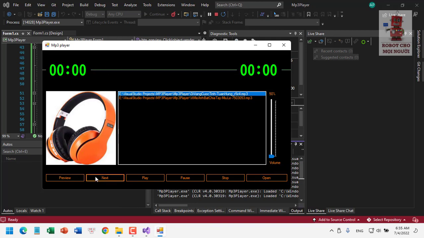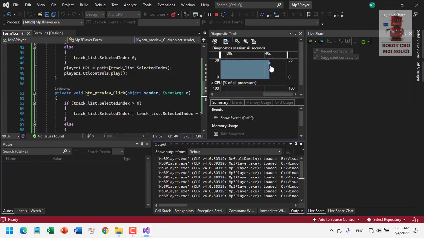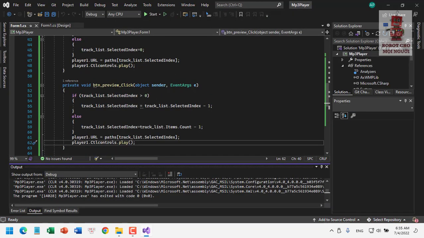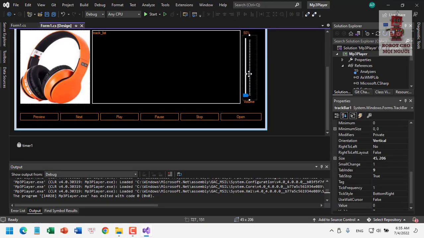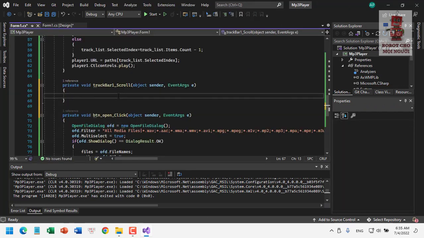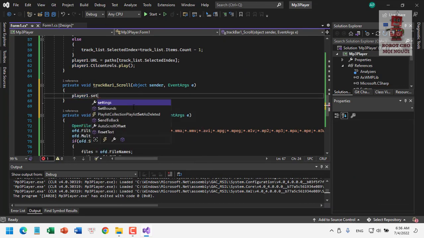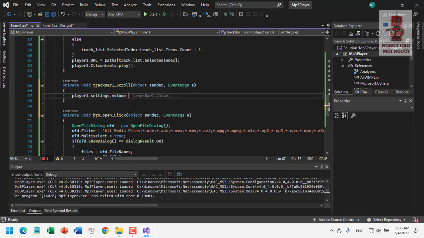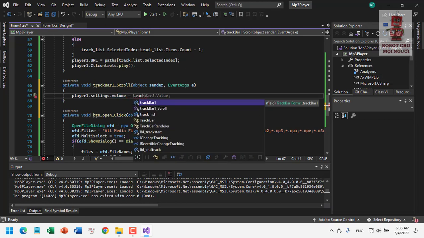Okay, next. Okay, it works. So we are almost done. The next thing to do is about the volume. So we choose here and double click. So we move to the event, the track bar scroll. So in the track bar scroll, player 1 dot settings dot volume equal to track bar 1 value,